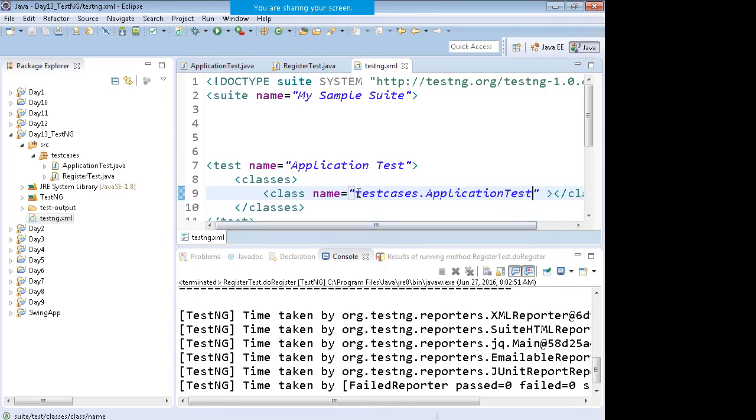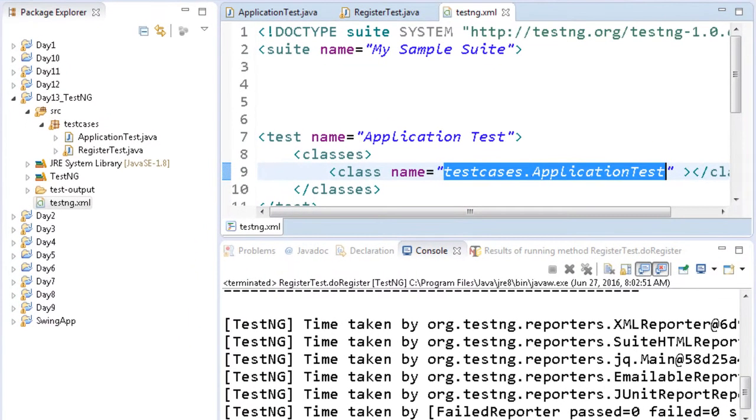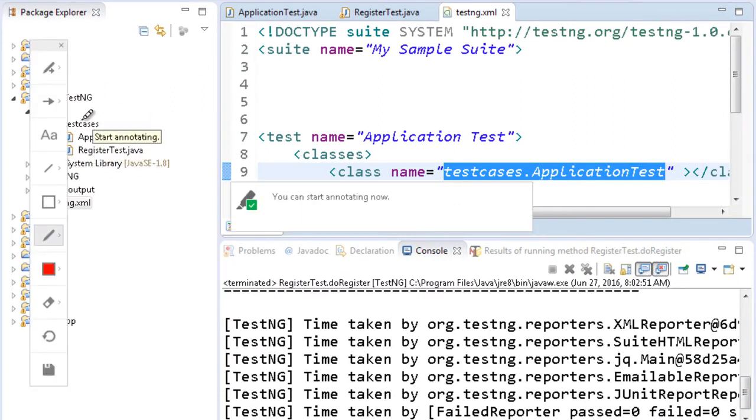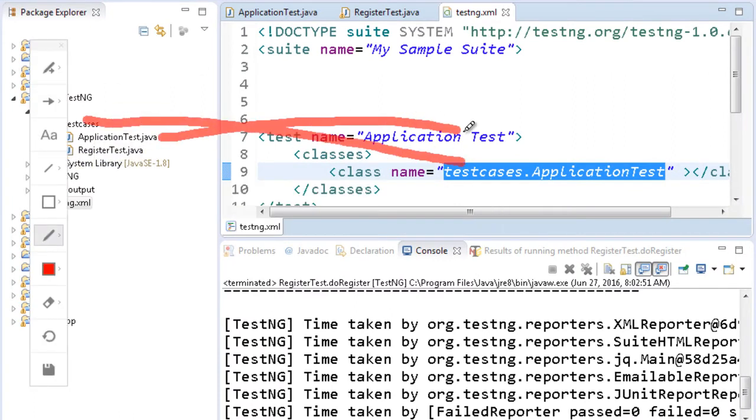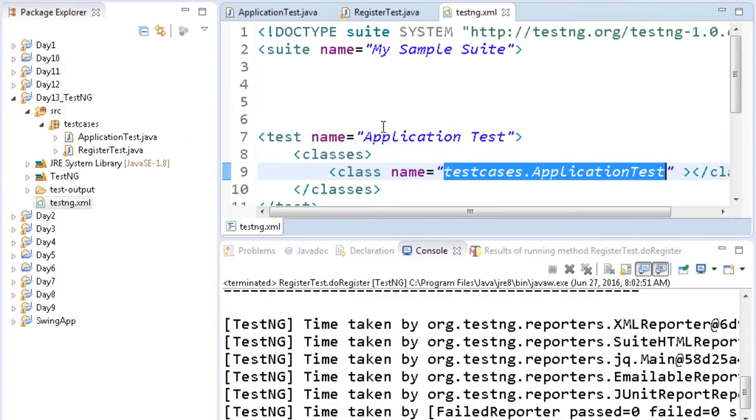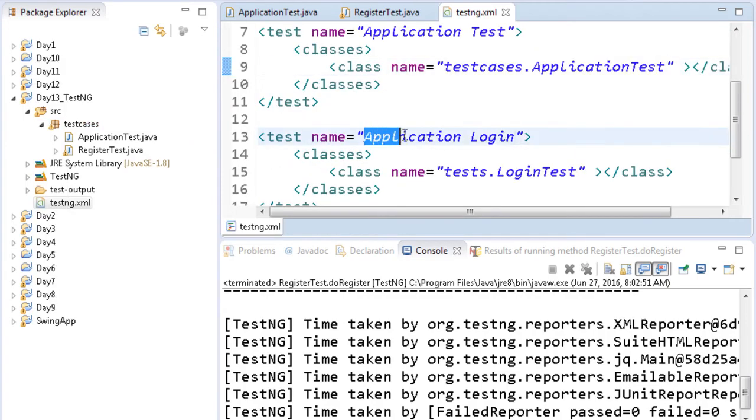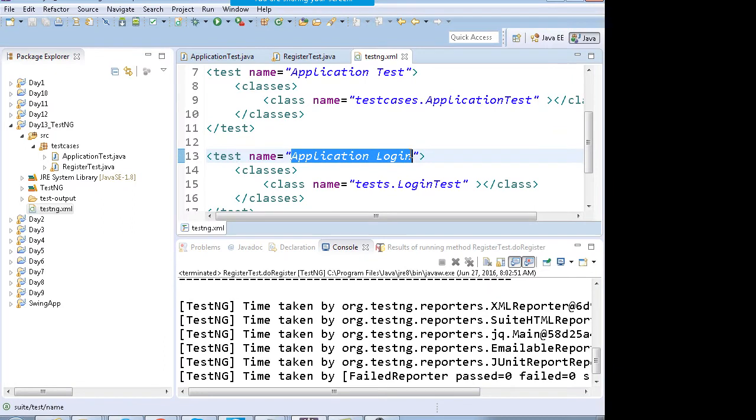Make sure you give the correct fully qualified name over here starting from the package. Then the second test case was the register test.